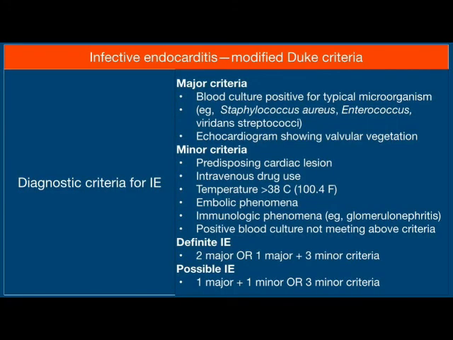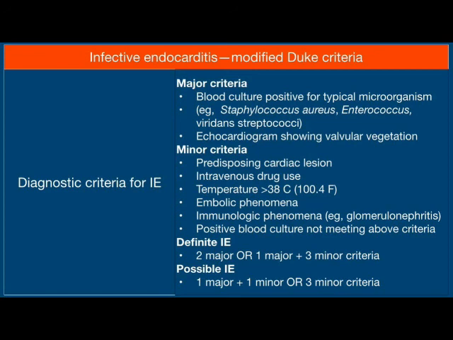Now, the diagnosis of infective endocarditis is not given directly as a definitive diagnosis, but requires particular major and minor criteria as shown in Duke's criteria. The major criteria in Duke's criteria are a blood culture positive for a typical microorganism, for example Staphylococcus aureus, Enterococcus, viridans streptococci, or an echocardiogram showing valvular vegetation, whereas the minor criteria are a predisposing cardiac lesion, intravenous drug use,